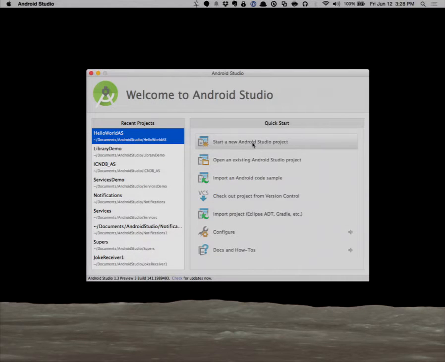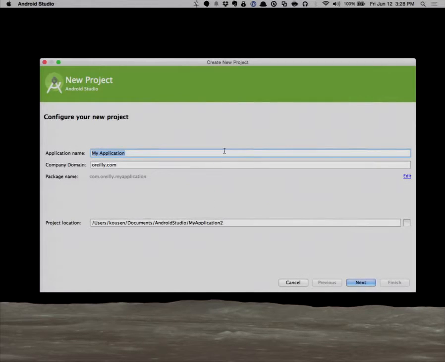So let me start with a new Android Studio project, and I'll call it, you know, Hello Android, and let's change the package here to Gradle.com, even though I don't work for Gradle. Still want to call them Gradleware. I desperately want to say that, but I'll call it Gradle.